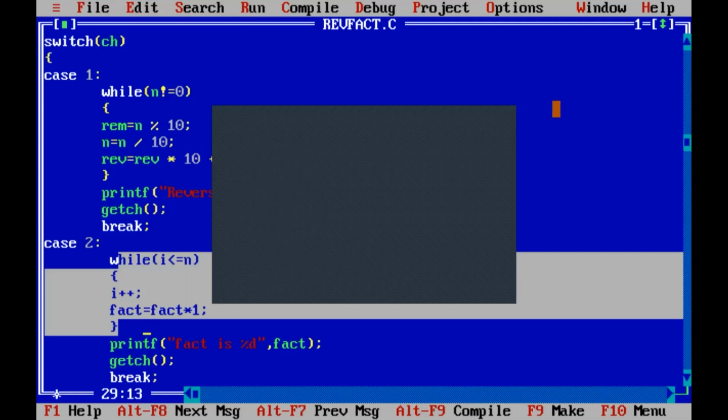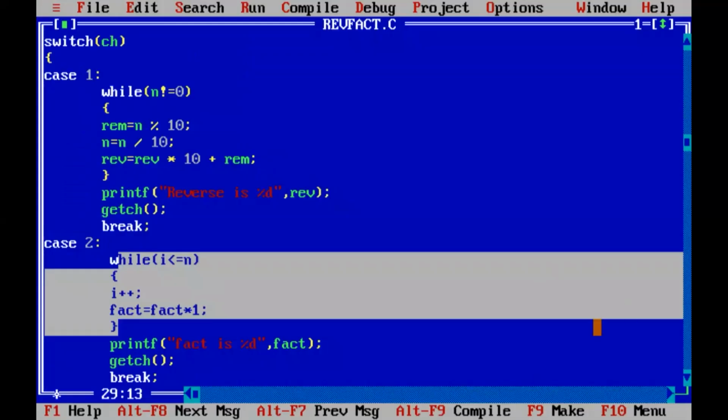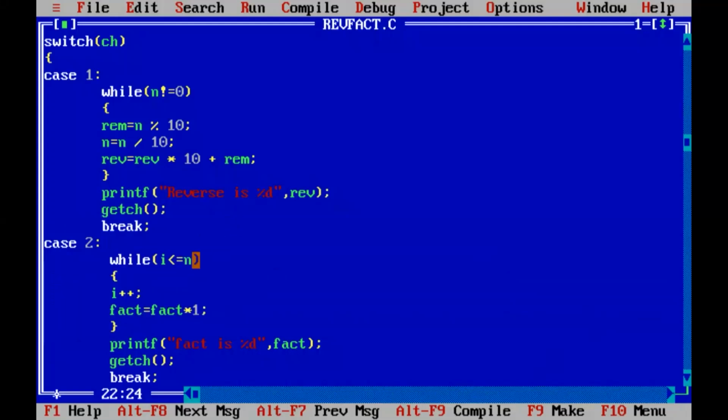When we are finding the factorial, as I just explained, until i is less than or equal to n, we will be iterating. That is, we will be incrementing the i value and finding the factorial. So the factorial we have to find in each step using an iteration, that is fact equal to fact multiplied by i.